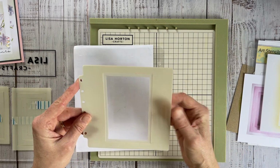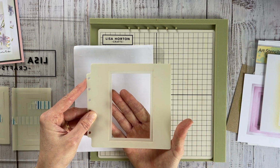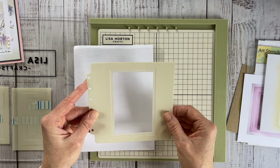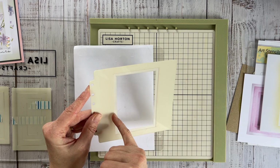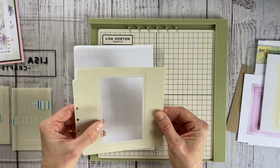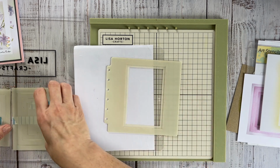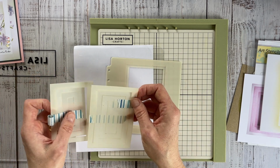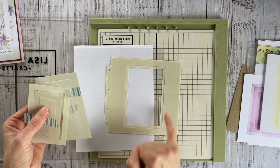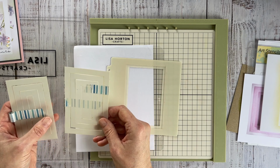And if I show you that by putting the 2 main stencils together, let me do it this way around. I've put the larger stencil at the bottom there, and I've layered the top stencil, or the slightly smaller one, over the top. And you can see there's about half a centimetre, about 5mm difference, which gives us that frame. Now, if you were to take the corresponding frame from each set, this is the effect that you will get all the way along. And what that